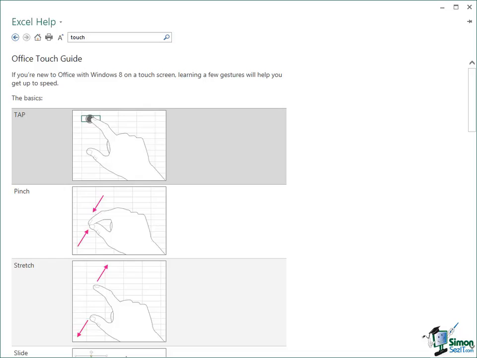It may well be that you're using a touch device to use Excel 2013. You may, as I do, use a combination of touch, keyboard and mouse when you're using Office applications. Now, to look at the detail of using touch with Excel 2013, particularly if you're new to it, we're going